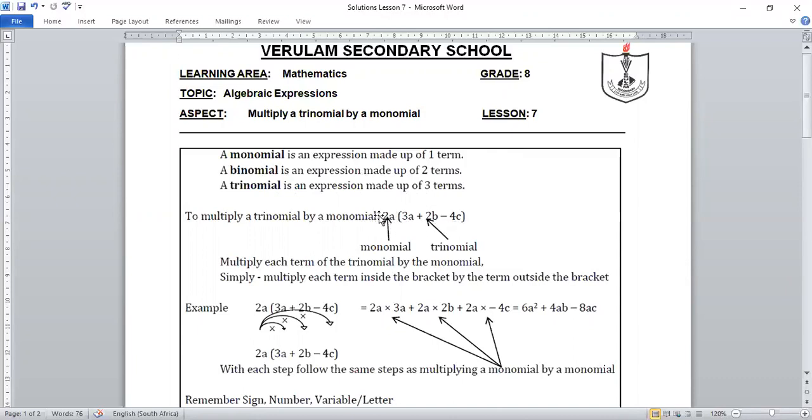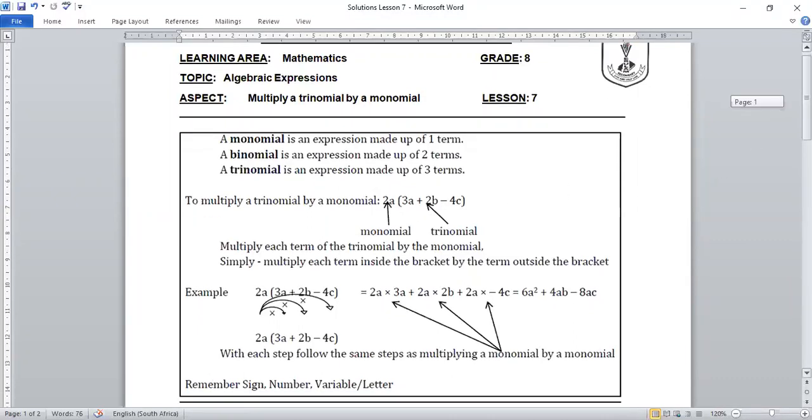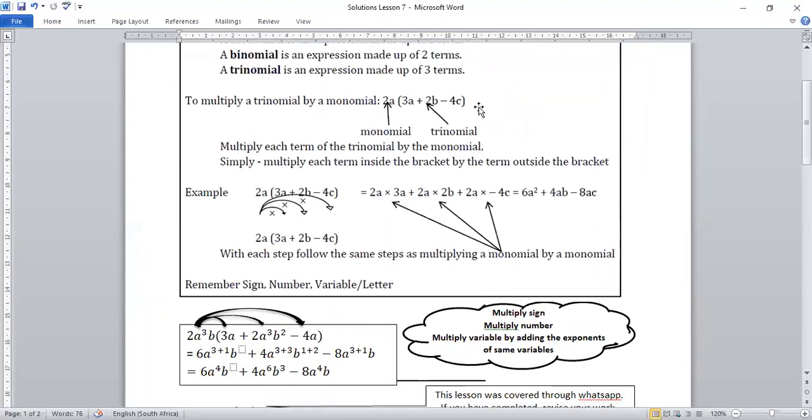Outside the bracket is a monomial. So for example, when we say we want to multiply a trinomial by a monomial, we are referring to three terms within the bracket, which is a trinomial, multiplied by a monomial. The method to use when multiplying a monomial by a trinomial: you multiply each term of the trinomial by the monomial. So using this example,